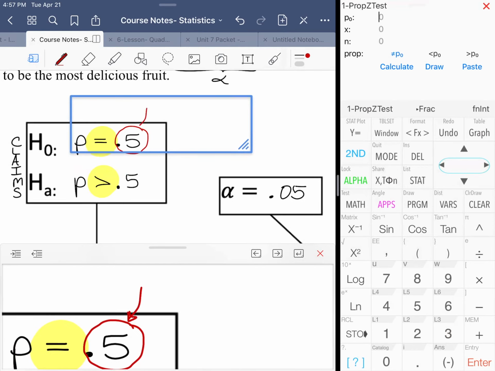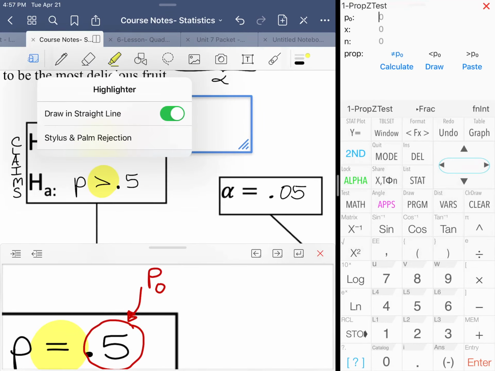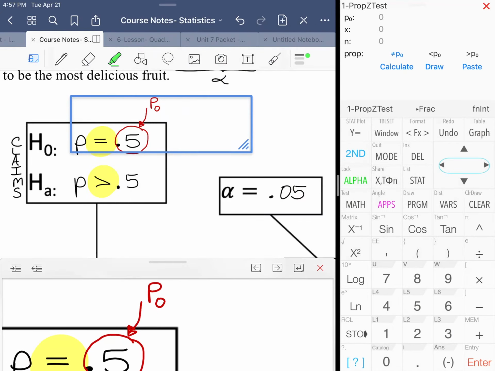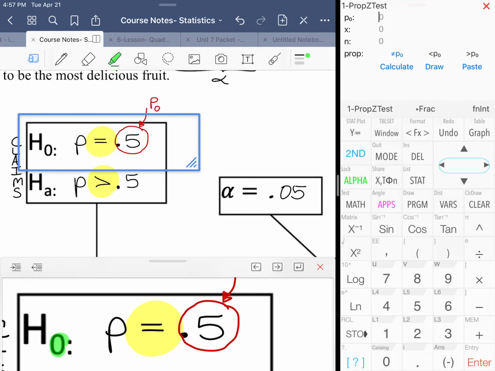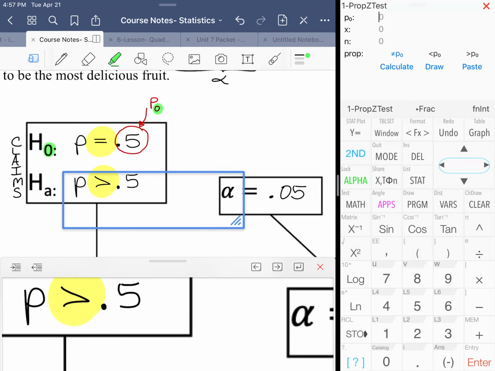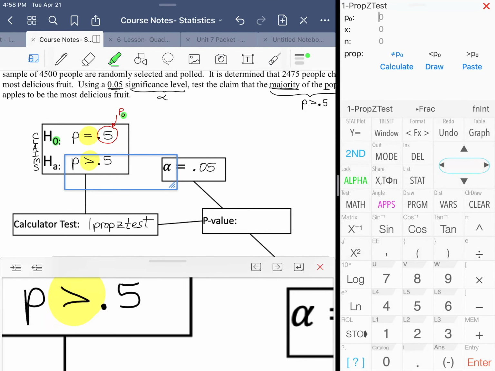This guy here is the P sub O. All right, so that O, or 0, if you want, is actually going to correspond to the value that's used as a subscript in the notation for the null hypothesis itself. So this is the P associating itself with that. It's the understood or assumed population proportion